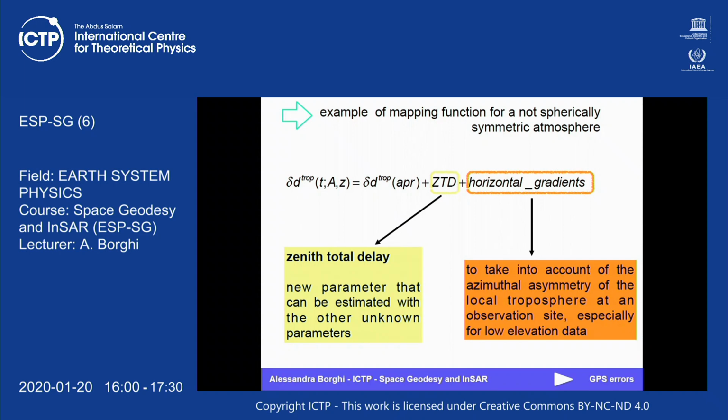So we introduce other unknown parameters in our equation, and we are going to estimate these parameters like our coordinates. The difference is if we have one day of data, we have just x, y, z for the geometric coordinates, and we have the problem of the ambiguity and the bias for the clock, but we also have this type of parameters. So for each satellite,